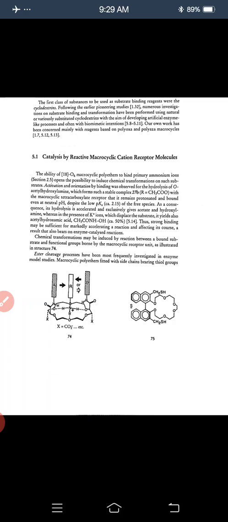Ester cleavage processes have been frequently investigated in enzyme model studies. Macrocyclic polyethers fitted with a chain bearing a thiol group cleave activated esters with marked rate enhancements and chiral discrimination between optically active substrates. The optically active binaphthyl reagents in the above diagram perform thiolysis of the activated esters of amino acids with pronounced acceleration and chiral recognition. The tetra-L-cysteine macrocycle